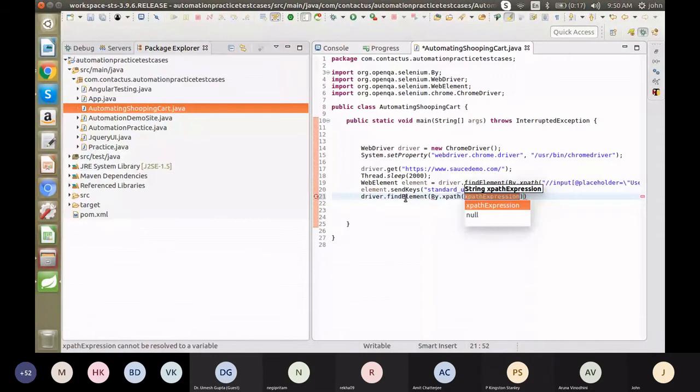We have to give the password XPath. Here also we can directly send the keys with the driver object. So sendKeys.